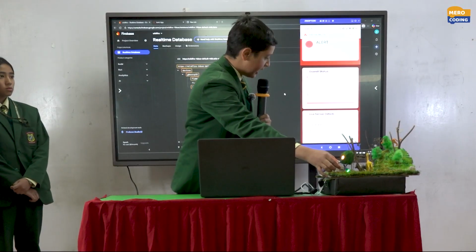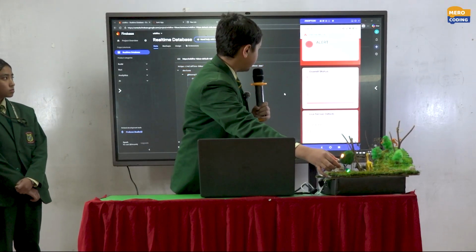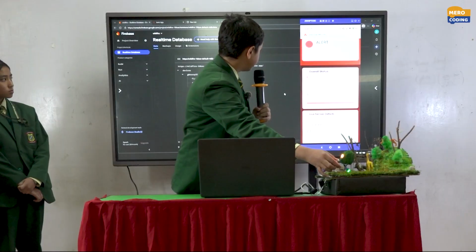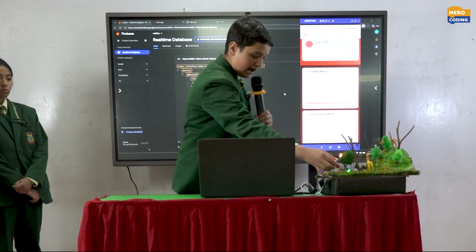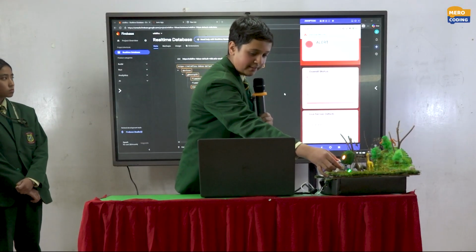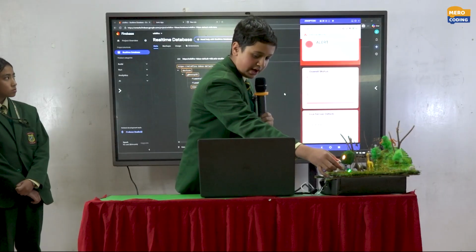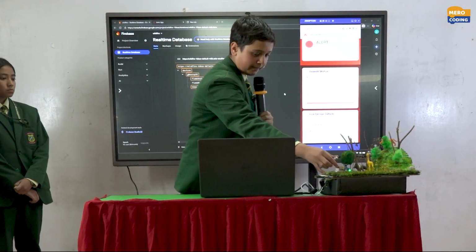Here you can see that the UI has turned red, sound is being produced and the phone is vibrating, and for our Firebase console the flame analog is showing 0 and the flame detector is true.